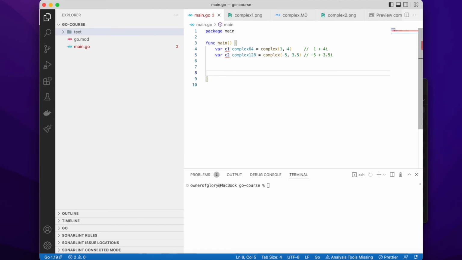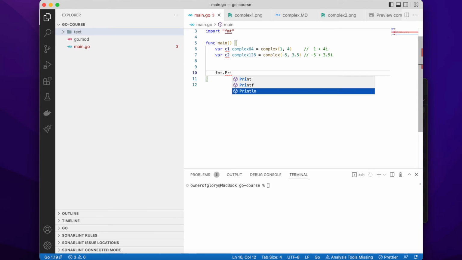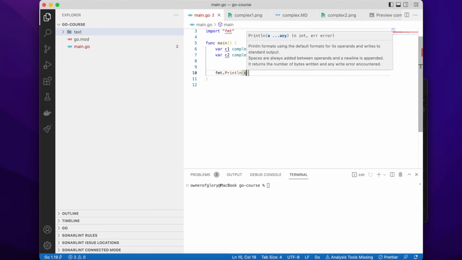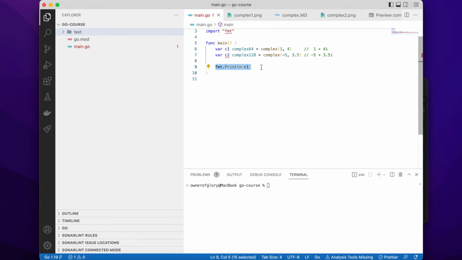Let's go and actually print those values. I'm using the fmt package and the Println function, and I'm printing the first number, and I'll just copy paste this and print the second number. Let's run the code,